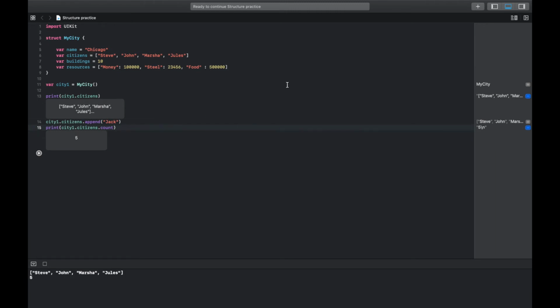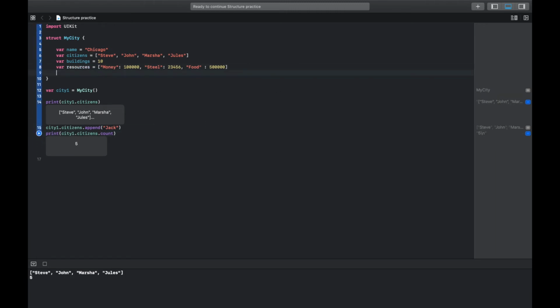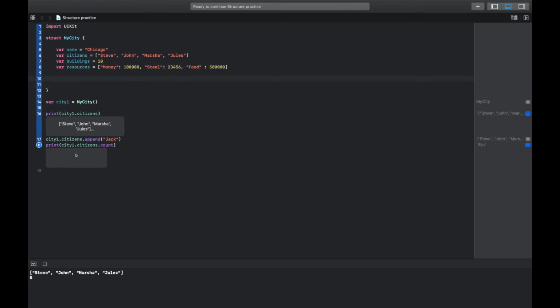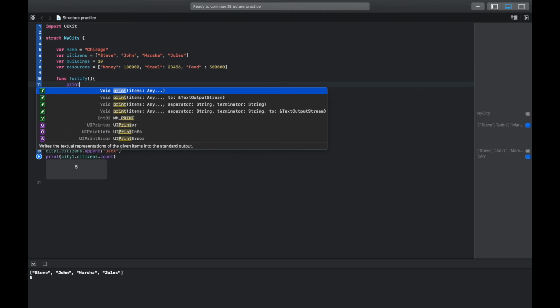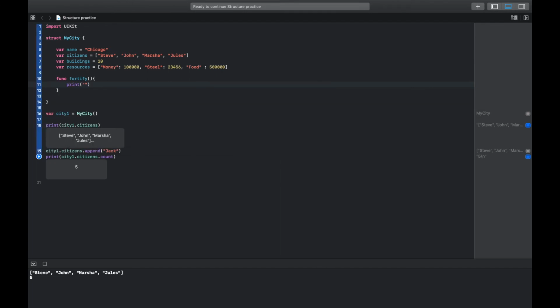Okay. Now you can also do functions and other things inside here. So if we want to do a function, now a function in this case would actually be inside a structure, would be called a method. So let's just say we want to fortify our city defenses. All right. So we are going to print out a message that says defenses fortified,